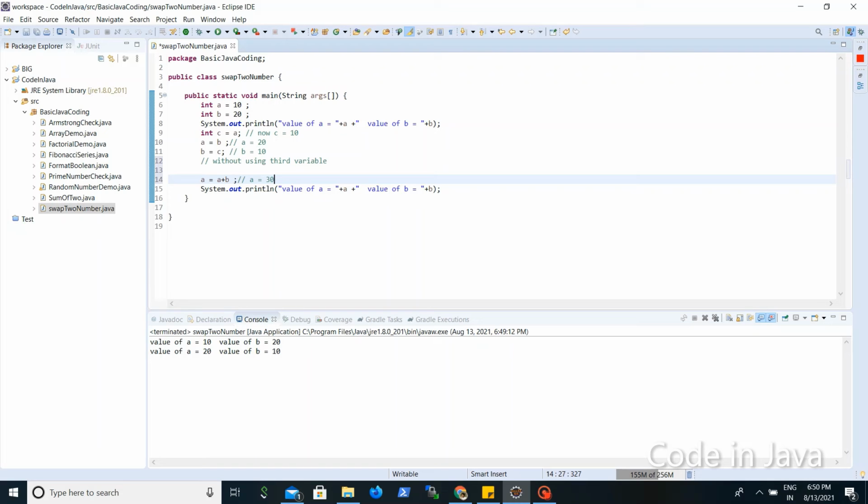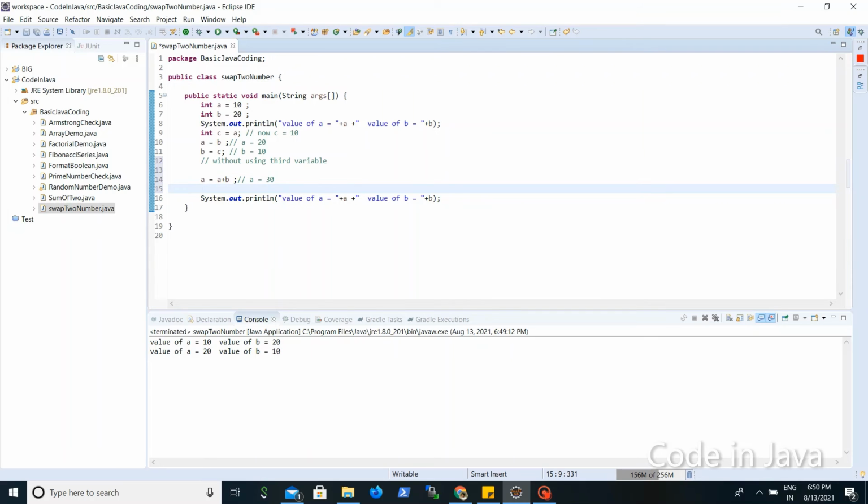Now we will do b is equal to a, which is 30 now, minus b. So b will be 30 minus 20, since b is 20 here. So the value will be 10, b is equal to 10.